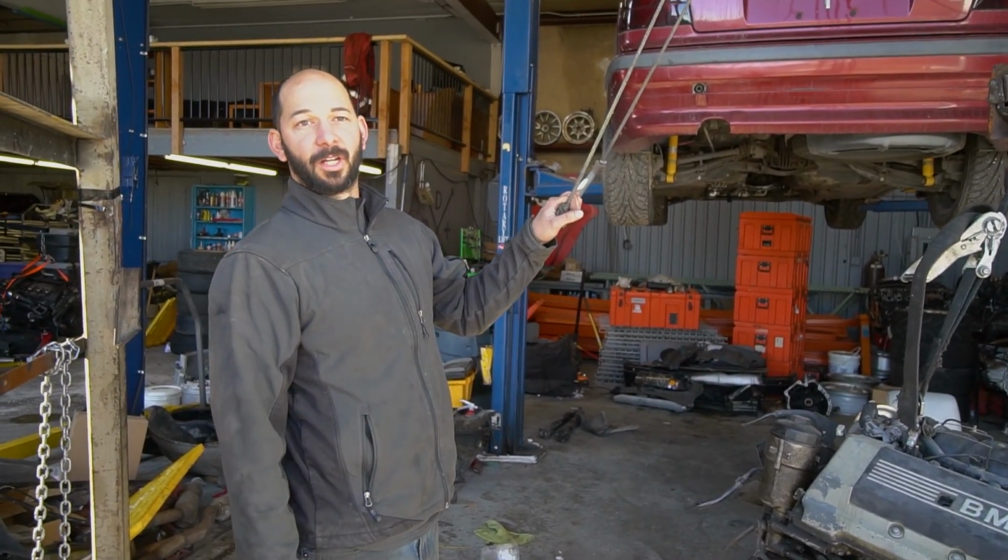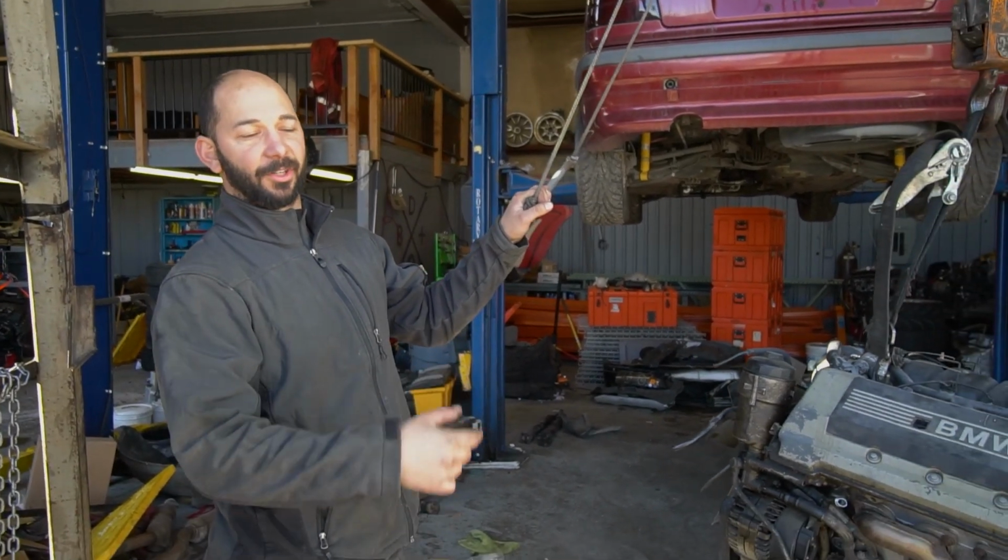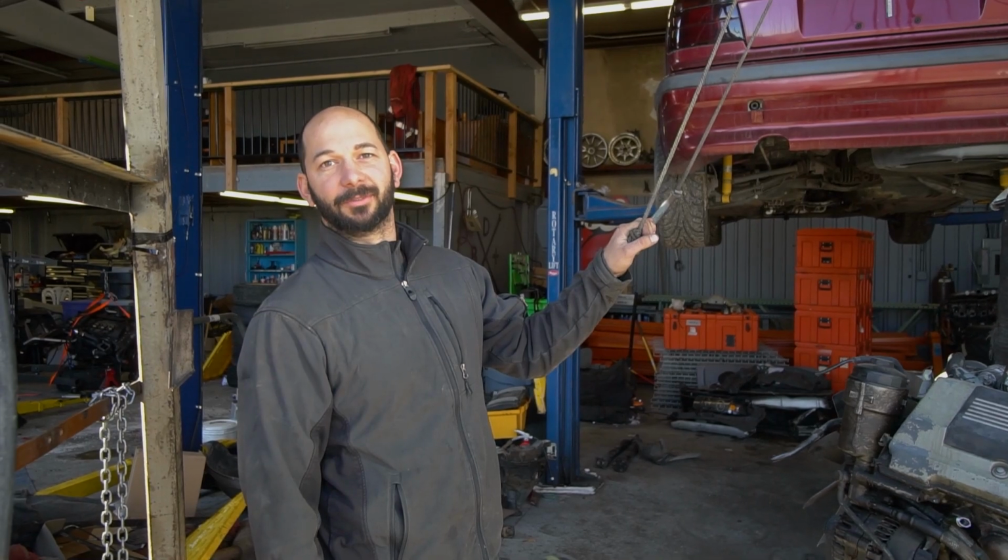So I'm thinking we'll take my truck out, drag the trailer out of the way, and just drive my truck over and grab jumper cables and just...